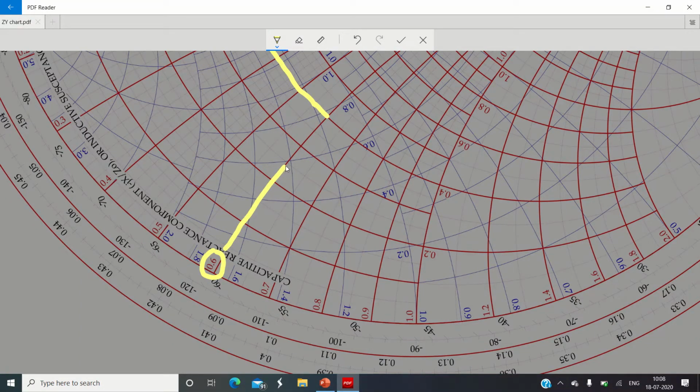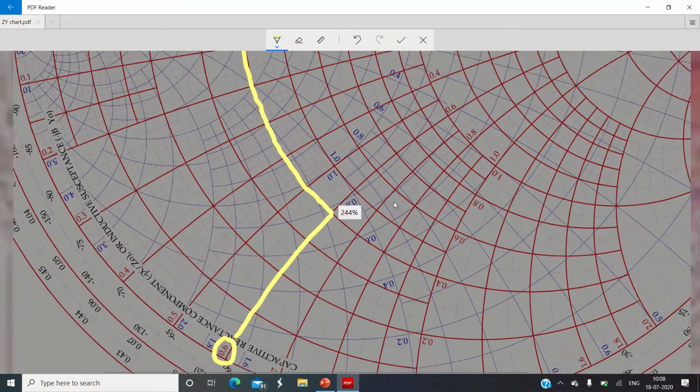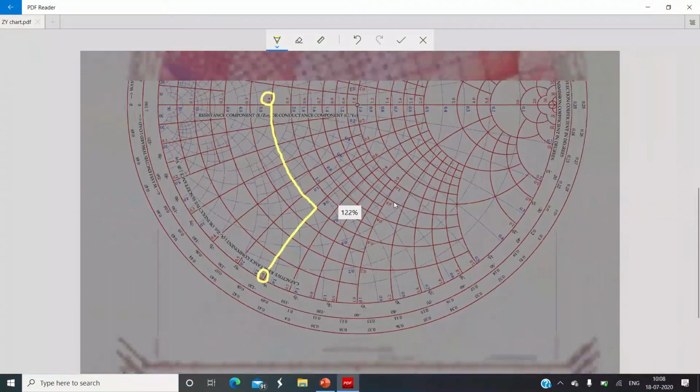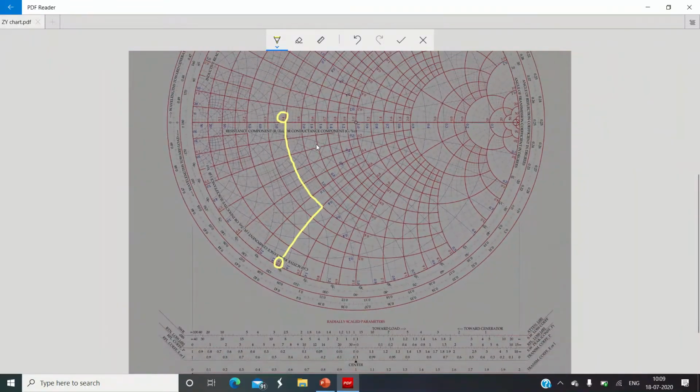You also do the same with the help of a pencil. Try to use a dark color pencil, or if preferable, try to make use of a color pen if you have. So trace this curve. Okay, so I will zoom out now. Say this circle is representing a real resistance circle of value 0.4, and this curve is representing negative reactance value of 0.6. So at the intersection of these points, our point is located. Okay, so this is how you can trace.